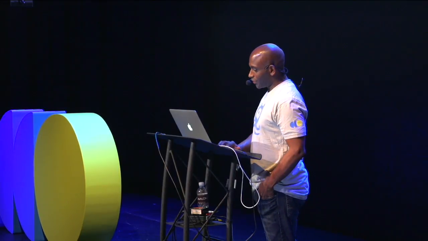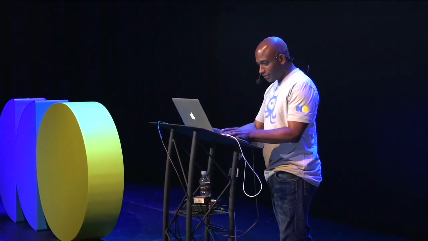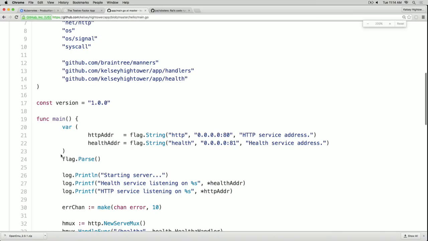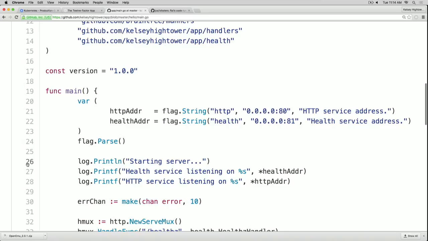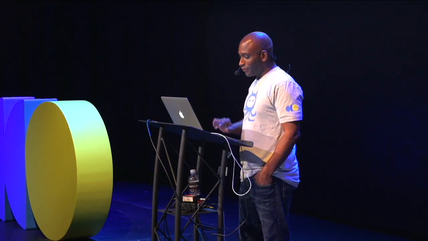The first one is so simple. You see this line right here? I'm going to make it a little bigger. Let's see if we can zoom this in a little bit. This first line is important. You see that? What is that? It's a log message. It says your app is starting. Sysadmins deploy your app and nothing happens. We don't know if it's broken. We got to jump on the box and look at the process table. Just log, hey, I'm starting. Right? That's the positive feedback. I mean, simple thing. If you don't have this in your app, when you leave lunch, go and do a pull request and add the damn log line, okay? This is going to help everybody.